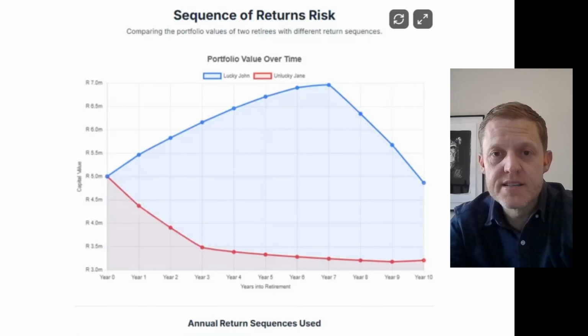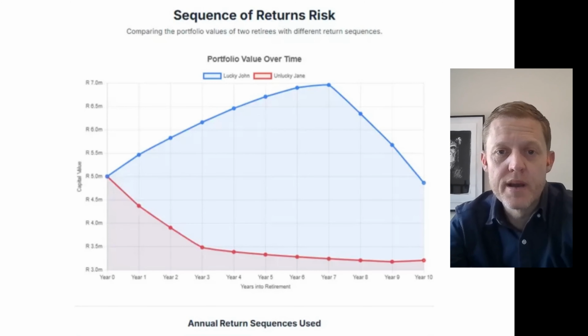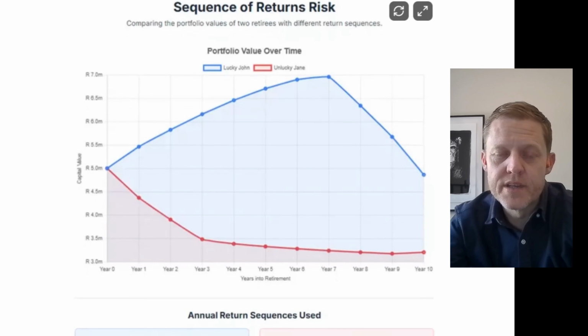And then around year 7, he started seeing some negative market returns and his value started decreasing again. So that's John's outcome. By the end of this 10-year period, he's still got roughly 5 million left in his portfolio. Jane, on the other hand, again started with 5 million, but she, remember, experienced those negative returns